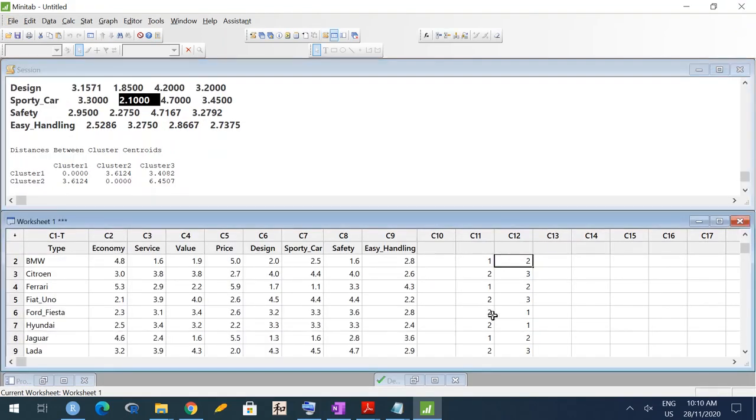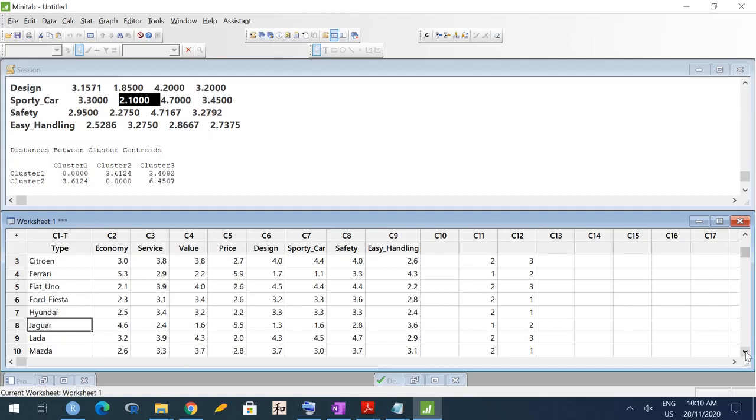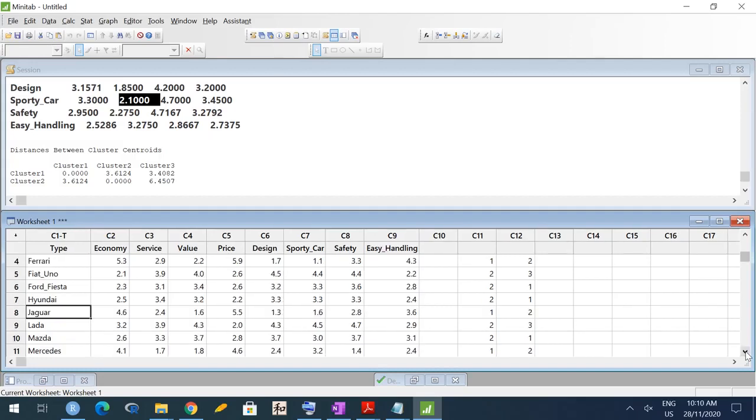So we have here, cluster 2 we said high-end cars, see BMW, Ferrari and Jaguar. So yes, these are all high-end cars, so they are in cluster 2. And something which was earlier in a different cluster, so earlier it was in cluster 1 but now shifted.